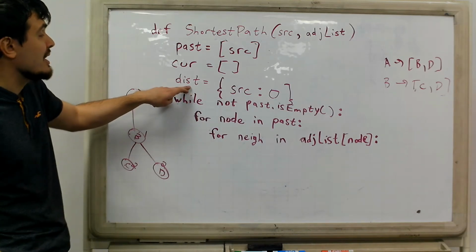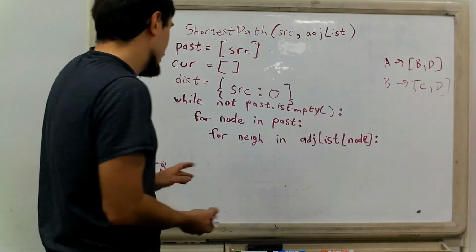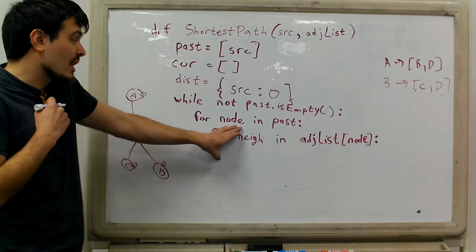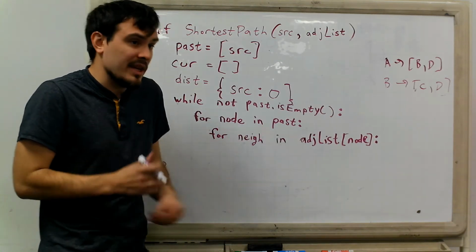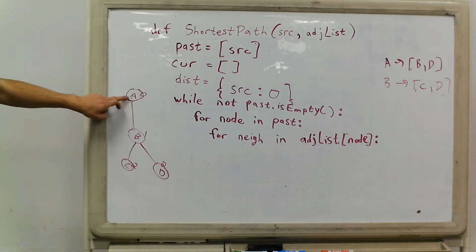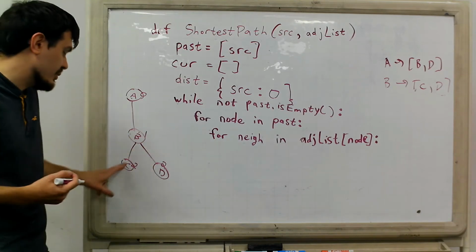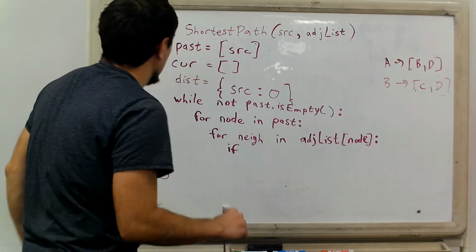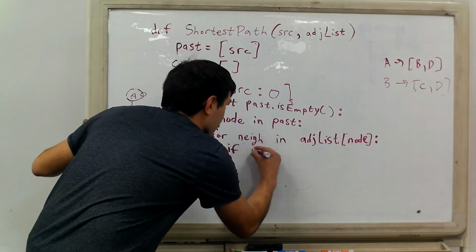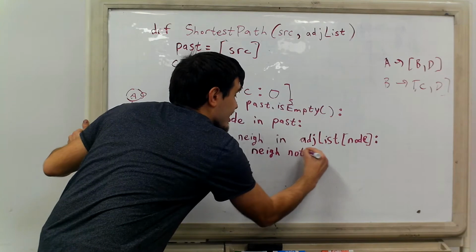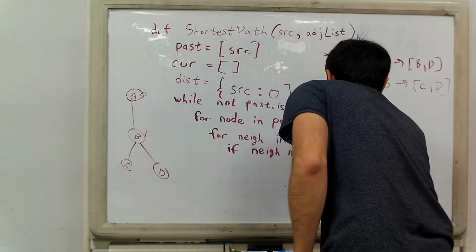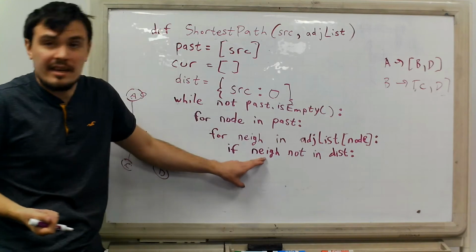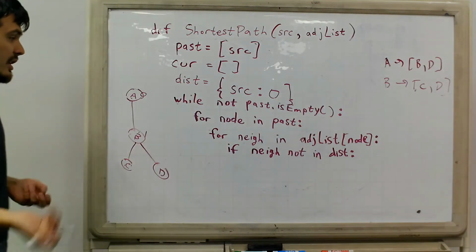This dictionary should at any given time contain any nodes we have seen thus far. We are processing this node, we're exploring its neighbors, and some of these neighbors may be already visited and some may not be. We're exploring these neighbors, A is already visited, but now C and D are not, and we're going to mark them. So, what do we do here? Well, we need an if. We want to say, if neighbor not in the distance map. If it's not in the distance map, then this is a new neighbor. This is basically saying, if distance does not contain the key of neighbor. So if neighbor not in distance,